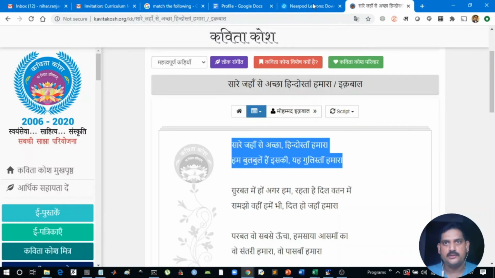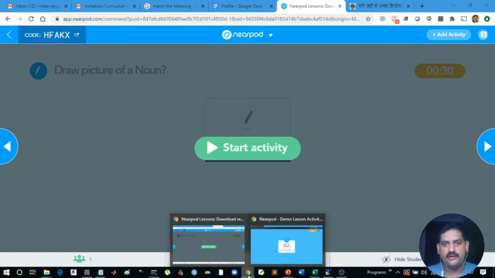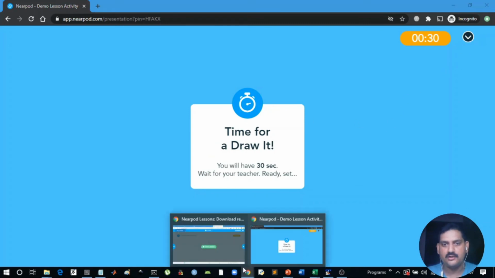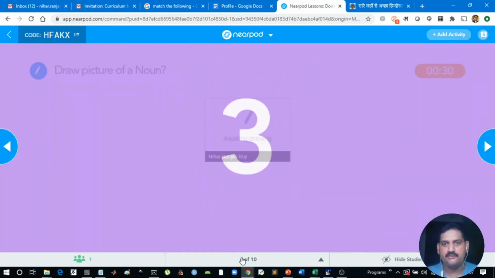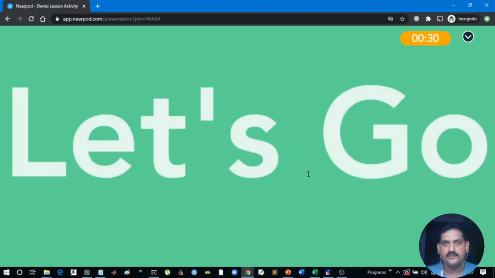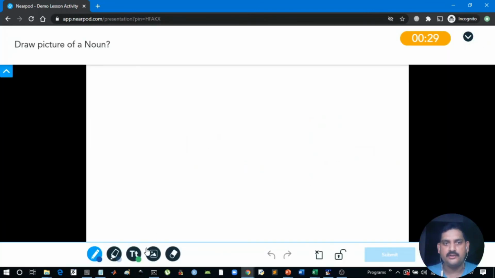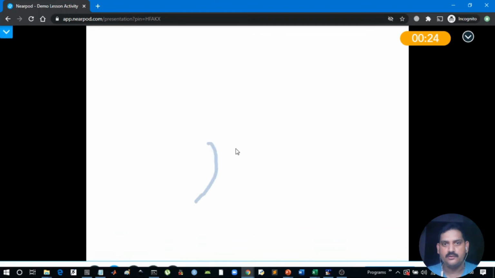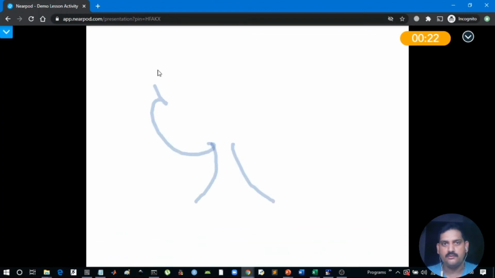So let me go to the student screen, and my student screen is here. Draw time. Okay, let me draw it. Oh, from the teacher screen I have not started it. I think I need to start the activity. Now the students can draw in parallel. You see, now say I want to draw something, select the drawing tools or other things. So here say I want to draw a tree, say,